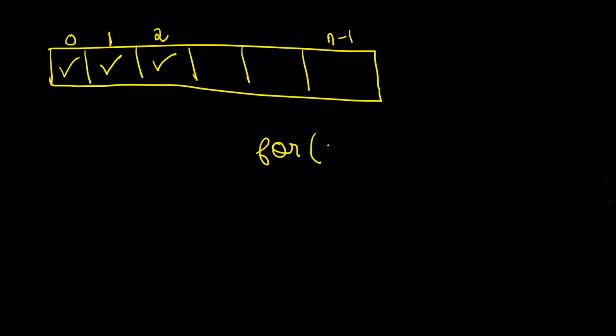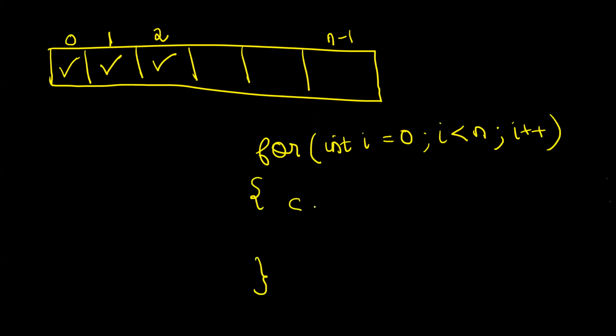to use a for loop. And how? For int i equal to 0, I will start at index number 0. I will go till n. i less than n means the value of i will be till n minus 1. So now i is taking valid indexes. And what I will do,